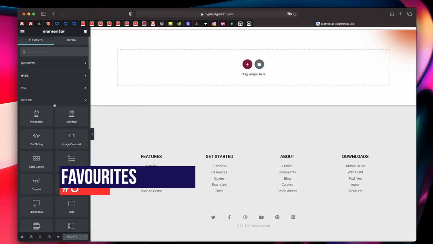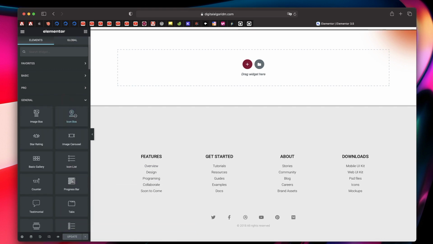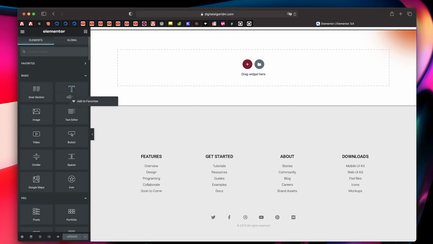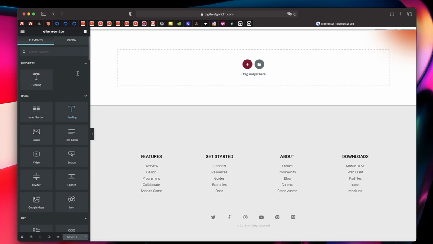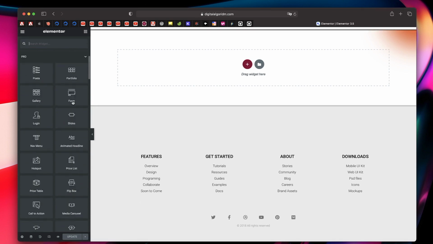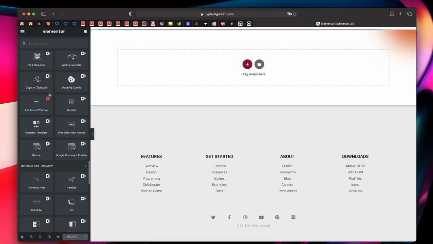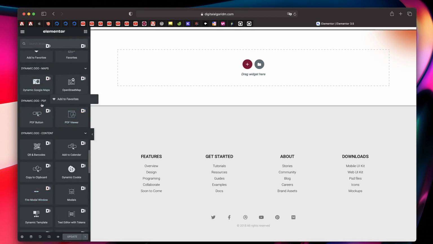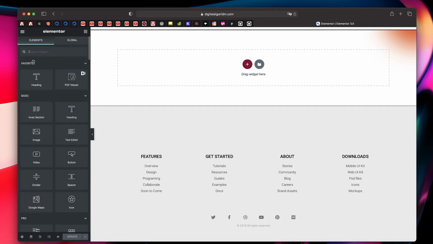And the third feature is to add widgets as favorites. So you can right click on any widget. You can click on the widgets button, like in your normal Elementor interface. You can right click and add any widget to your favorites, and all your favorites are displayed at the top. And this also applies to third-party widgets, right? You can see that I have Dynamico widgets in here. So if I right click on any of these widgets, I can add them to favorites as well. And all the favorites are pinned at the top. And if you want to remove the favorites, well, right click and click on remove from favorites, and that widget is removed, right? So this is highly helpful in your workflow in case you're using a lot of widgets repetitively.